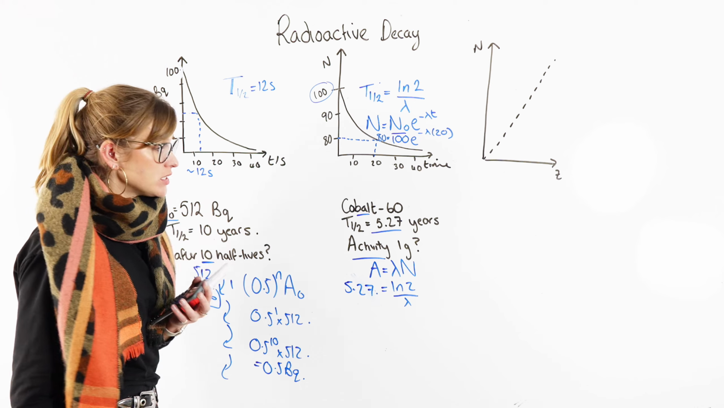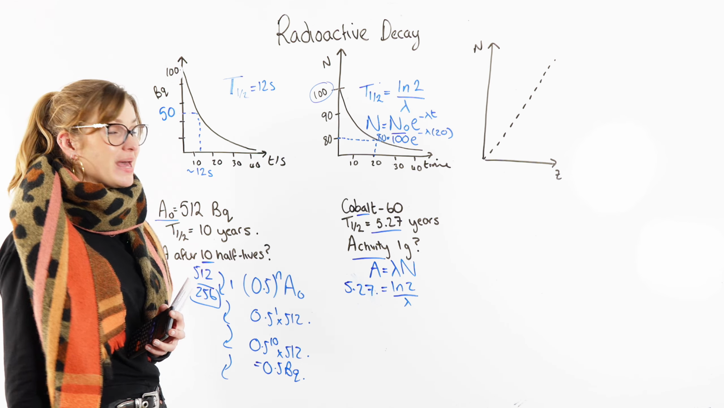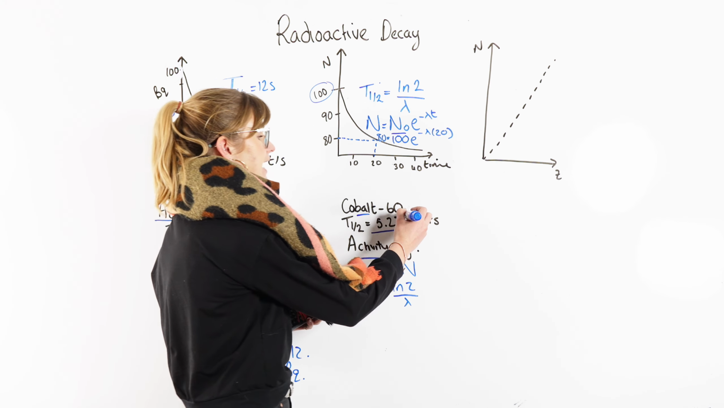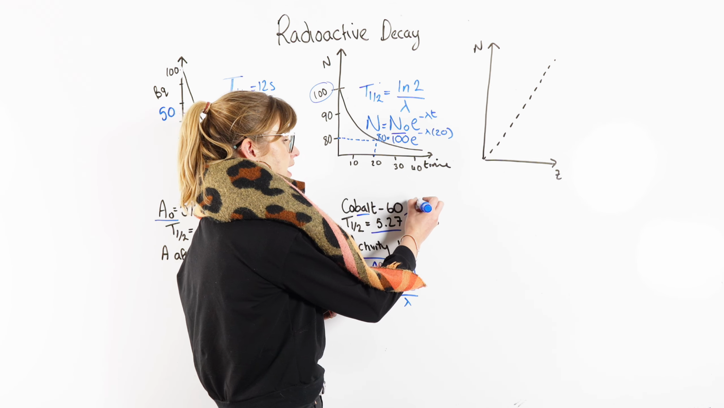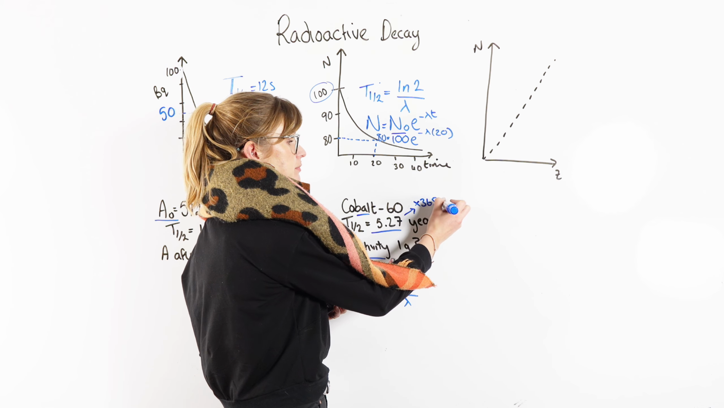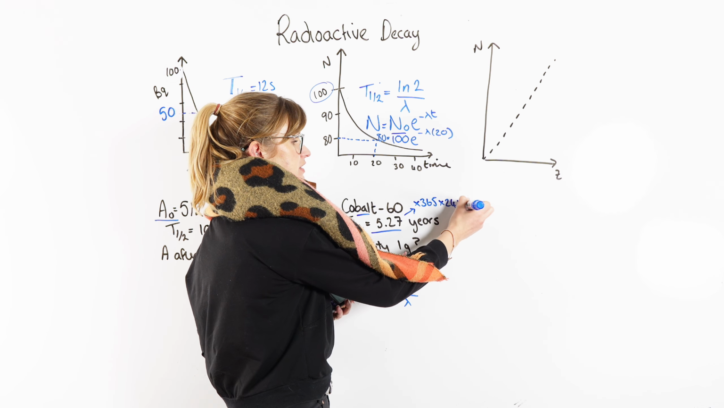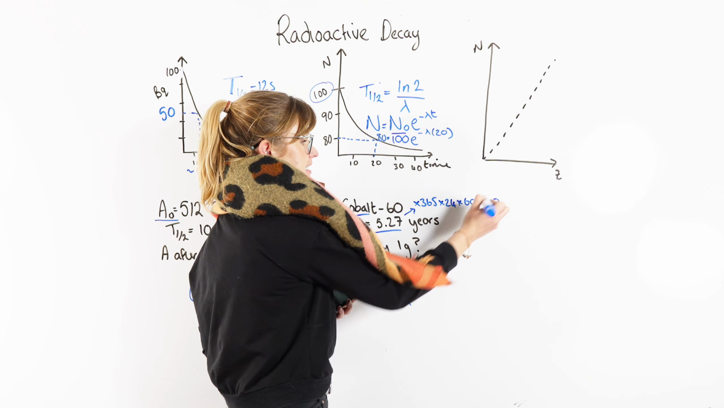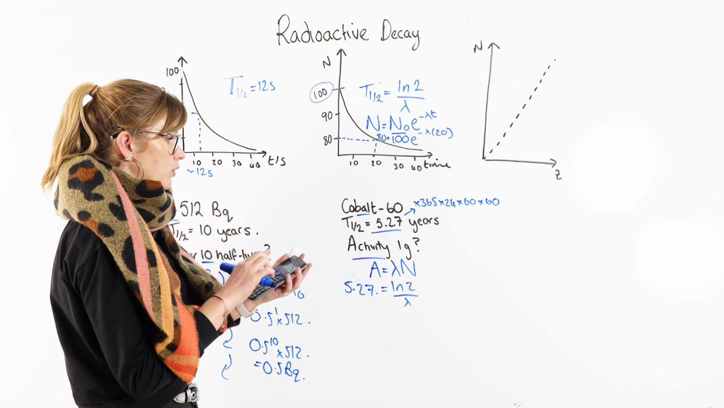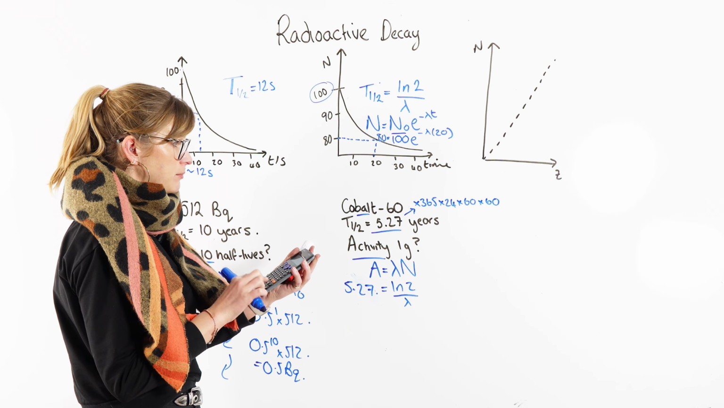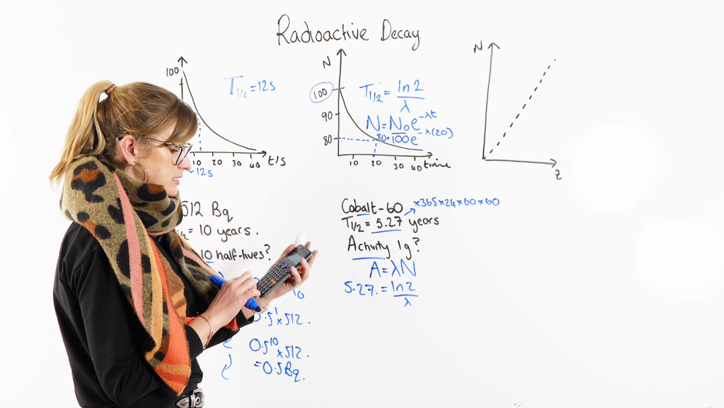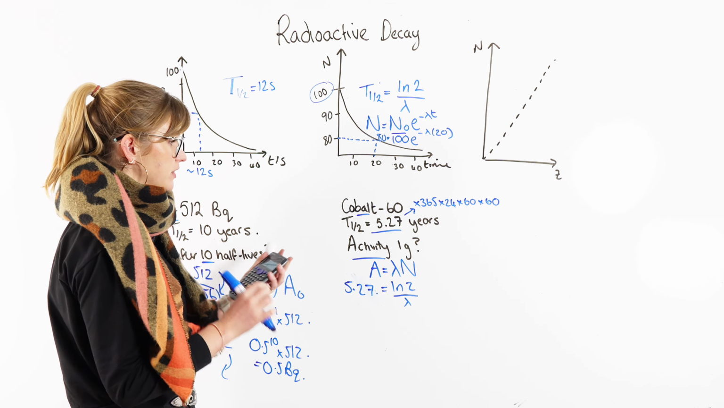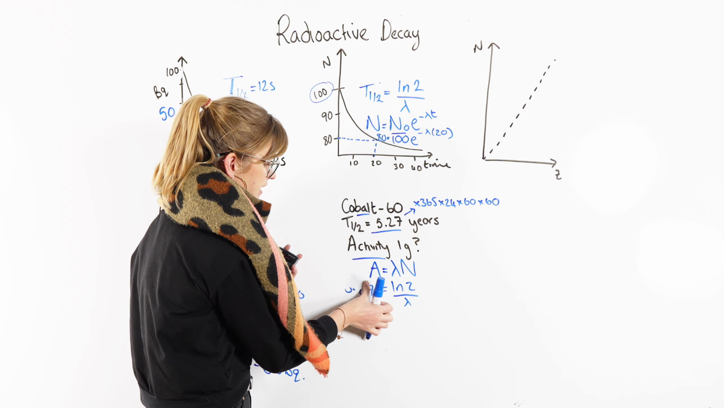You can keep it in years if you want, but normally activity is measured in becquerels, so per second. So I'd highly recommend you convert that into seconds because it just makes your life easier. So we multiply by 365 to get it into days, multiply by 24 to get it in hours, multiply by 60 to get it in minutes, and multiply by 60 to get it into seconds. So if I do 5.27 multiplied by 365, multiplied by 24, multiplied by 60, multiplied by 60, we can figure out that the half-life in seconds